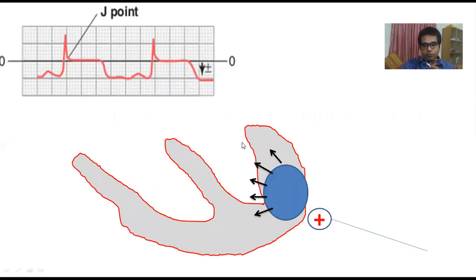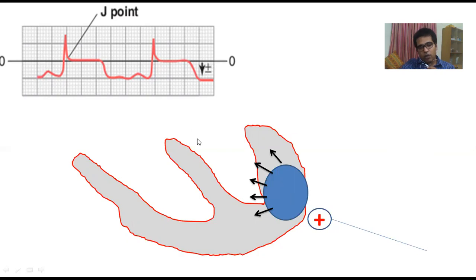And there will be a different picture if there is a transmural infarction that involves the entire thickness. So what will happen this time? At the resting condition, when the heart is in diastole, this infarcted tissue is still partially depolarized in comparison to the surrounding tissue, so there will be a movement of current from the infarcted tissue to the surrounding tissue. And if the lead, this red lead, is recording this TP segment as the current moves away from the electrode, this TP segment will be shifted downwards.